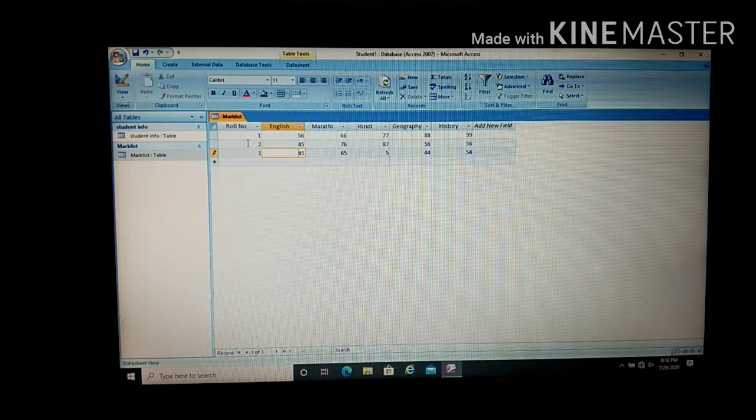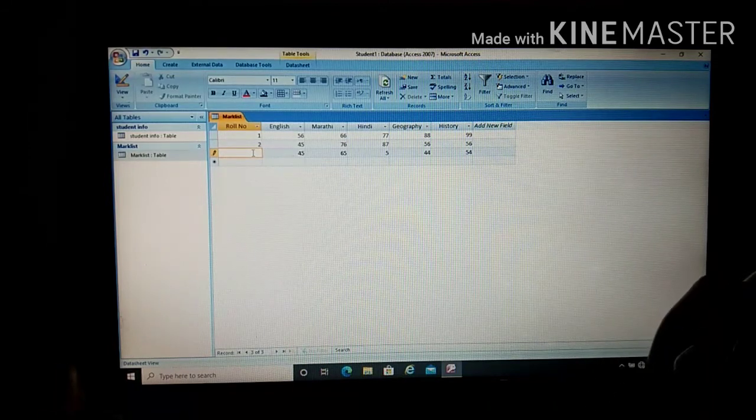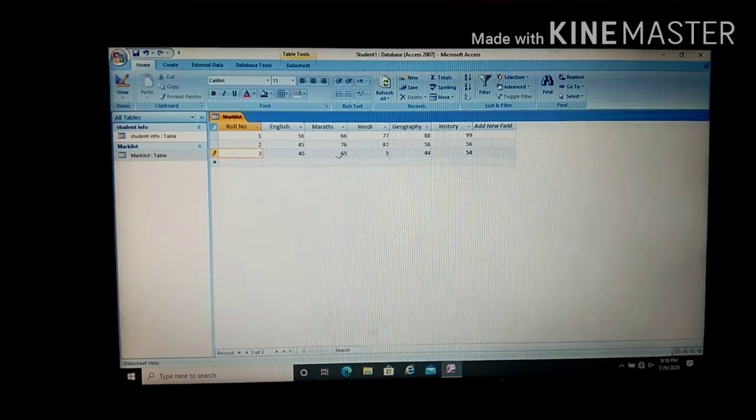Are you getting it? We have set the primary key to roll number. Okay, now remove this, otherwise it will give you an error. Now here we have entered the new record, and you can save it. How to save? You can see on the topmost bar the save option is there. You can click on that, or else in the records section here you have a save option. Just click on it. Whatever new record I have entered will be saved.